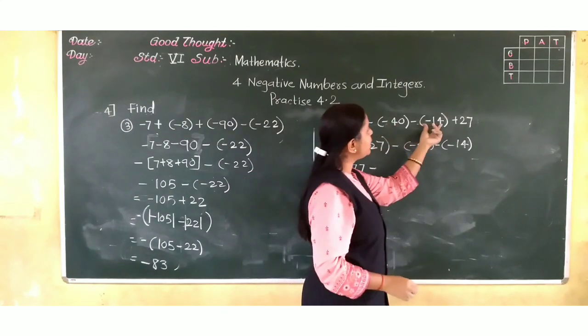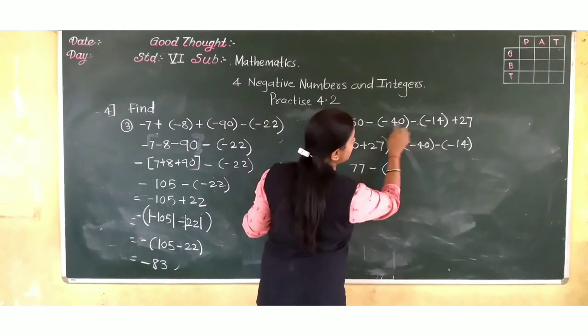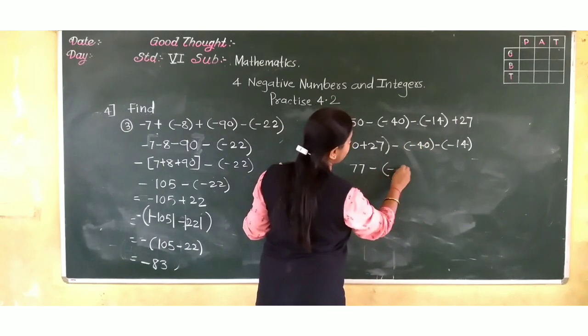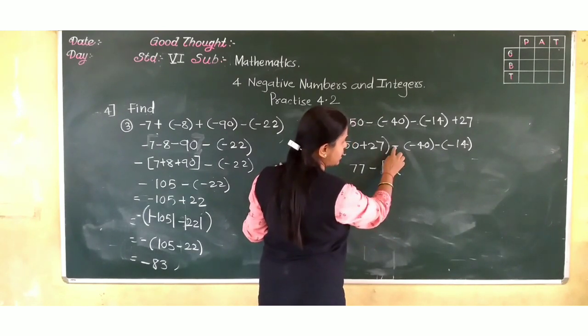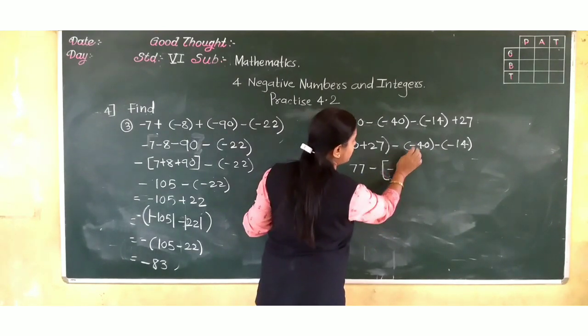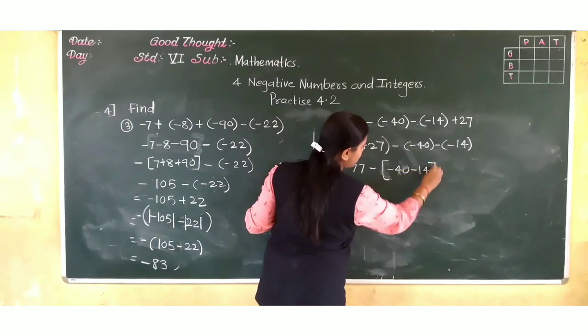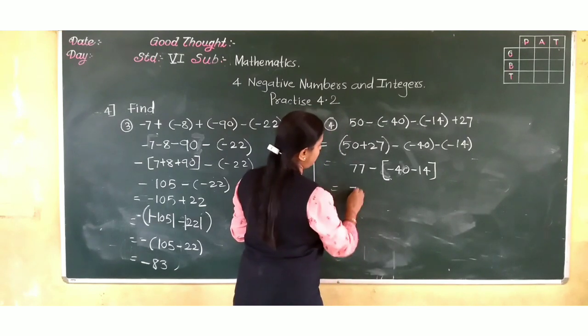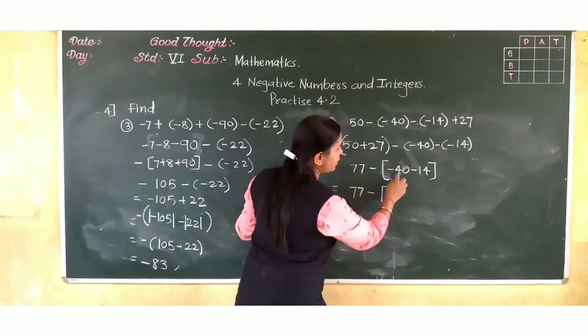Now both of these have the same signs, no? So add them. See this minus sign and minus 40. We have to do addition. Both having the same sign, so do addition, and the answer will also come